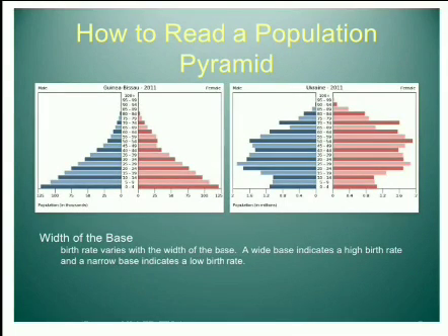Now, how to read the population pyramid? If you consider example 1, in that you can see the apex is narrow and the base is broad. It means that the birth rate is high, whereas the death rate is low. So you can say that the number of infants, children, or the small age population is more in